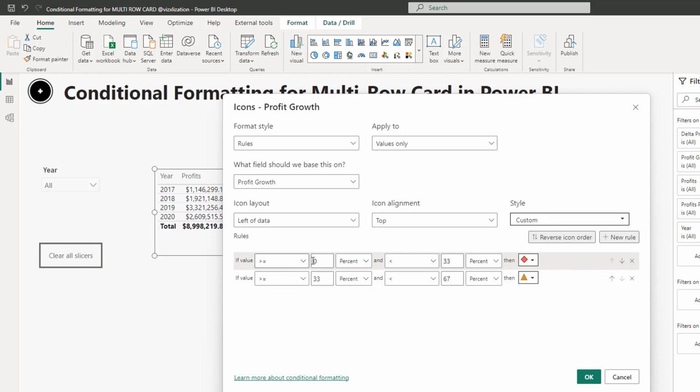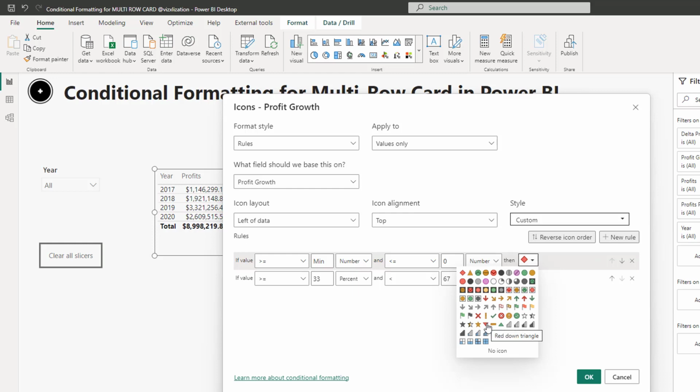The first rule here is gonna be if it's equal or greater than minimum, this is gonna be number, less or equal to 0, number here as well, and let's select here this down arrow, red.